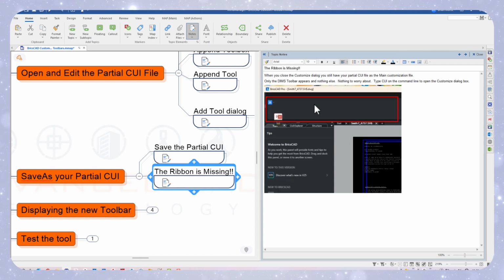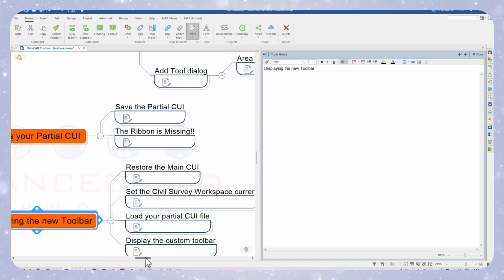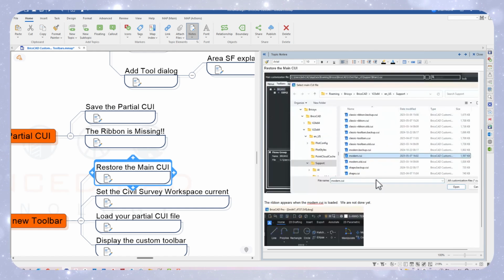The ribbon is missing, and that's just because your main CUI file is still set to the partial CUI file. And so we need to go back into the customize dialog box in order to reload that modern CUI that was the original default when we started that process. So then going back to display the new toolbar, first we restore the modern CUI,